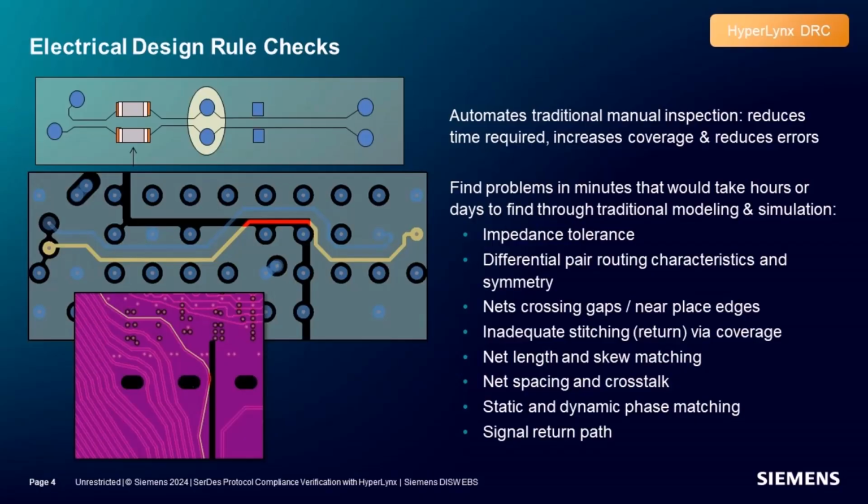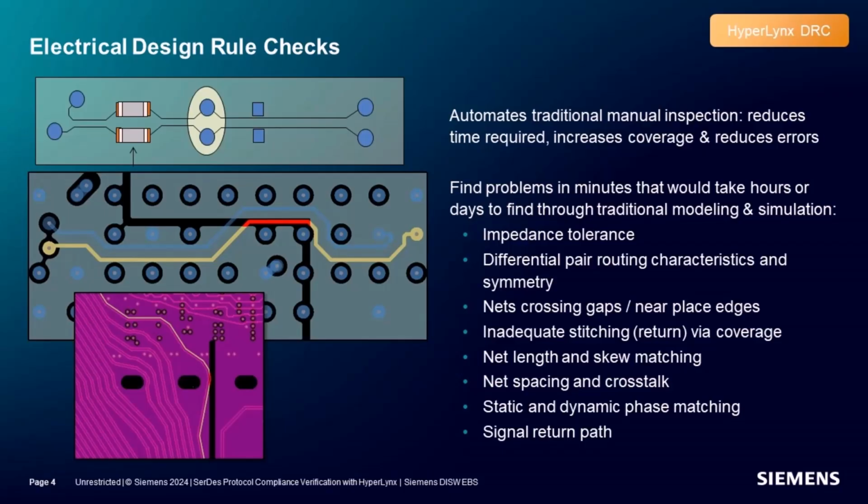As we mentioned, electrical rule checks automate manual inspection, finding problems in seconds or minutes that would take hours or days to find using modeling and simulation. These checks cover a wide variety of power and signal integrity issues. Traces crossing gaps in planes are a good example of problems that can be found quickly. A DRC analysis can process hundreds of signals per second, identifying exactly which signals have problems and where. Finding a trace crossing a split using simulation is problematic. The modeling and simulation are time consuming. The actual effect on signal quality may be relatively small, and isolating the exact location of the problem from simulation results can be difficult.